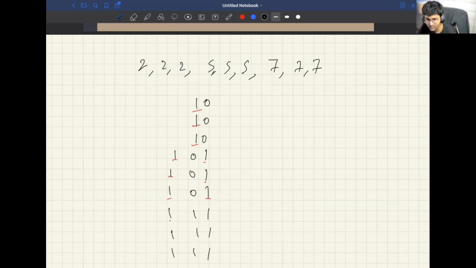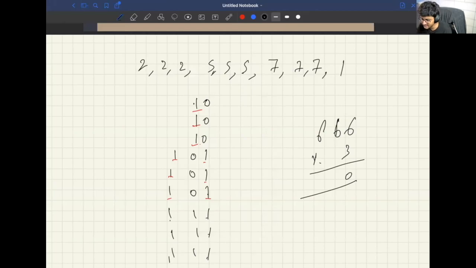Is that not equal to the modulo of 3? 3 plus 3 plus 3, that's a modulo of 3. So this is like 1, 2, 3, 4, 5, 6. And this is 1, 2, 3, 4, 5, 6. This is also 1, 2, 3, 4, 5, 6. So modulo with 3 is going to give me 0. But if I have some other number like 1 over here, in that case, I'll just add 1 here. So now 1 will be here, 1 will be here.